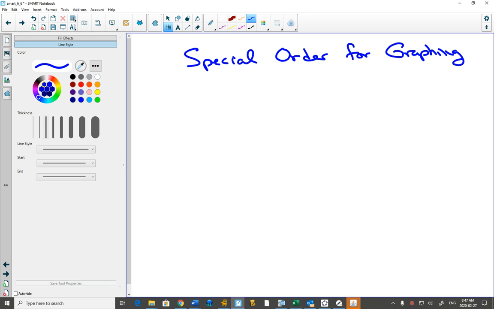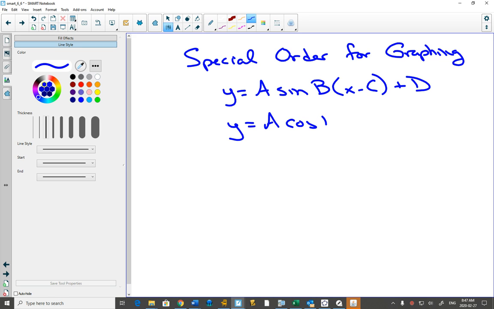We are going to create some notes for a special order for graphing both sine and cos when you have all the transformations. You could still do what you normally do for transformations from chapter 3, but the problem with sine and cos graphs, there's 5 important points, and there'd be a lot of math that you'd have to do to all 5 of those. So what we're going to do is develop a shortcut,